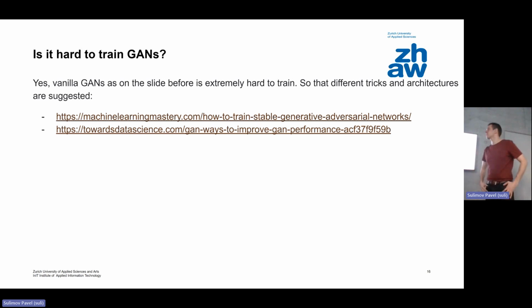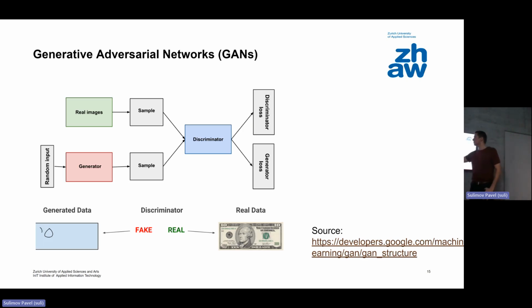Yeah, please. Is the goal that at some point the model will create pictures that the discriminator cannot distinguish? Exactly. The cool question. This is the idea of this training. Thanks a lot for this question. Let's come back to this slide. The training would stop ideally when this guy gives you 0.5 probability, when it cannot understand if you gave it the real picture or the fake. Yes, this is the final idea. Absolutely.